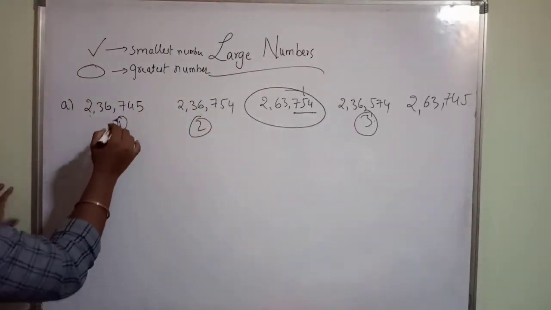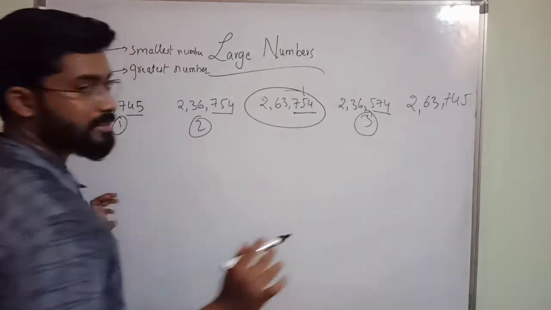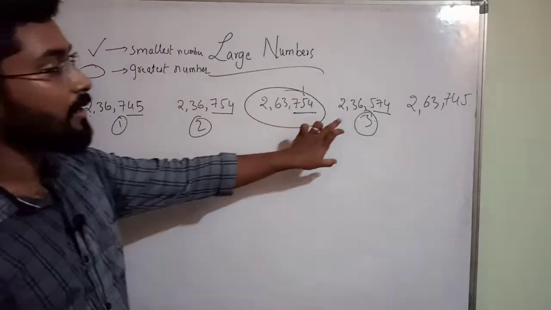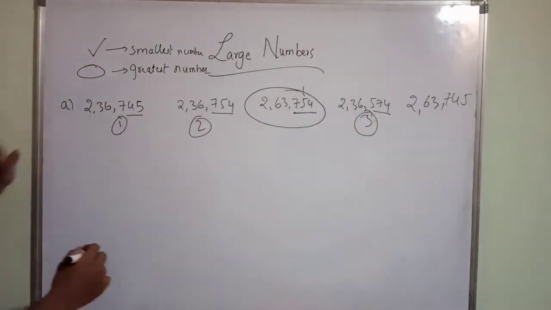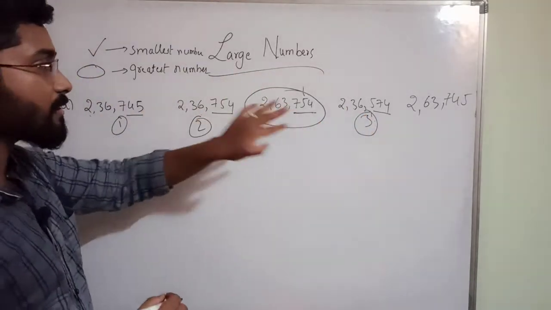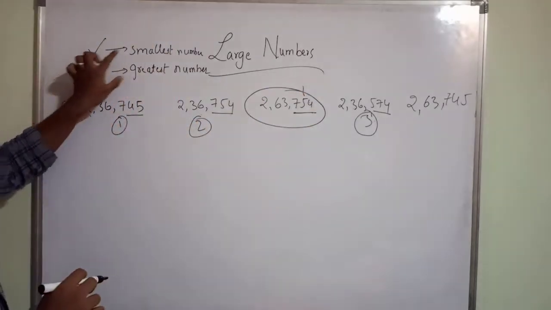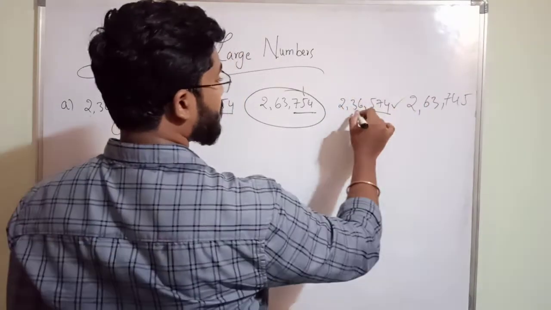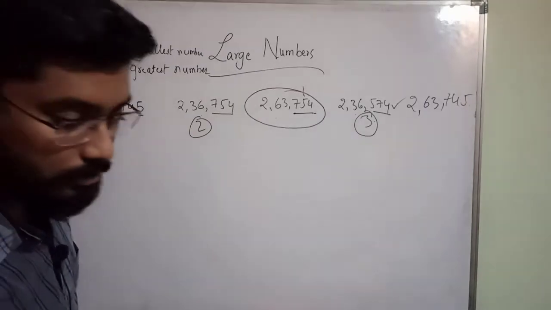But where is the difference? In these three digits. Last three digits only there is a change. So you have to check like that. So among these three, what we have to find now? Least number of all these numbers. This is the greatest of all these numbers and we have to find the least of all these numbers. For smallest number, what you have to do? Tick. This is the least number and this is the greatest number. Clear, students?